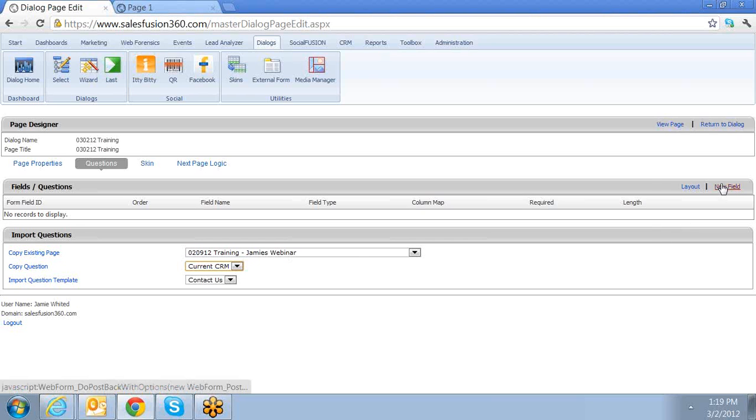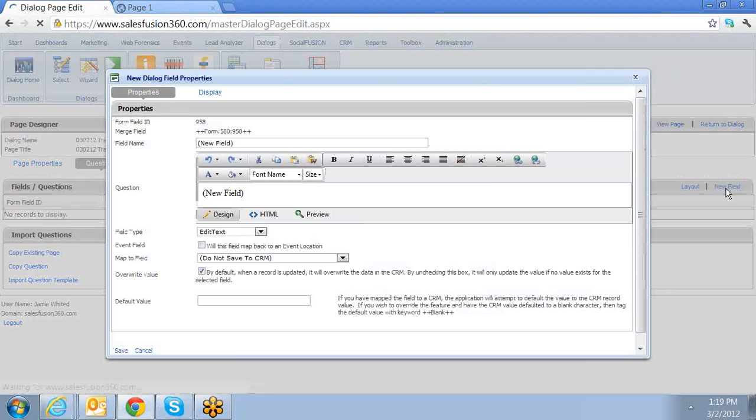What we're going to do is we're going to go ahead and create a new field. So I'm going to select new field here. The first thing that you see here is this merge tag, and I told you we would talk about that in just a moment when we got to the questions. What this merge tag does is, let's say on the thank you page, you want to say, thank you so much for registering, and email confirmation has been sent to